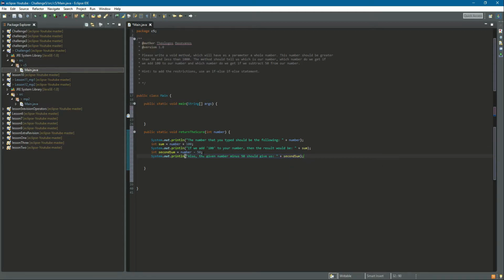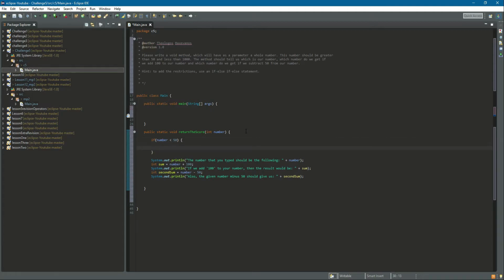So we almost have it. What do we miss here? We miss the restrictions. How do we do it? We will use an if, else statement. And we can say, if the number is less than 50, we open up our brackets, then you can tell the user the number you entered is too small,